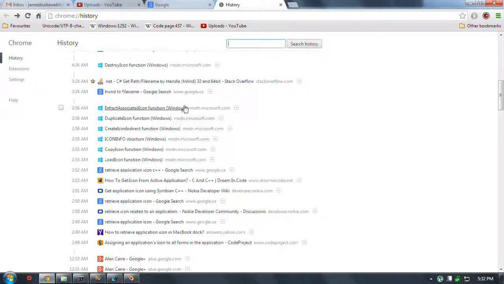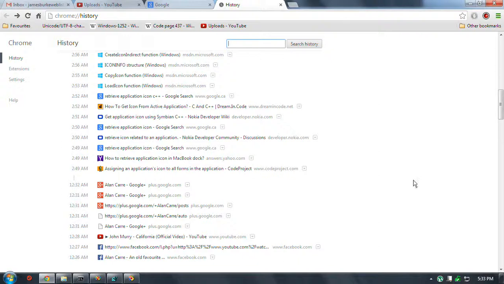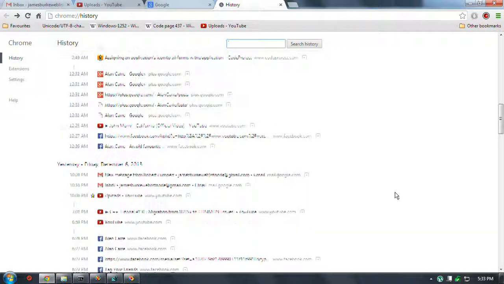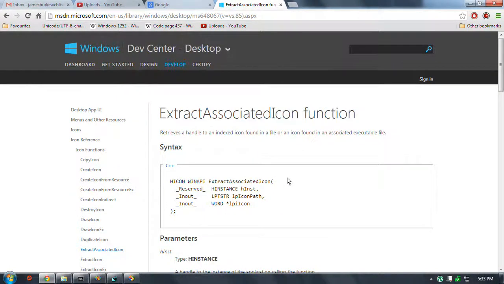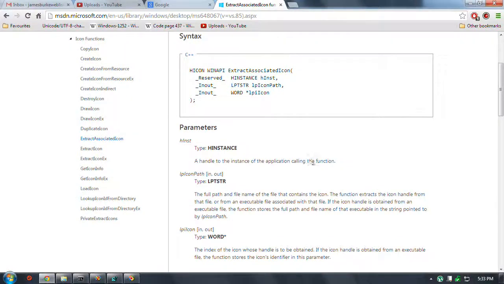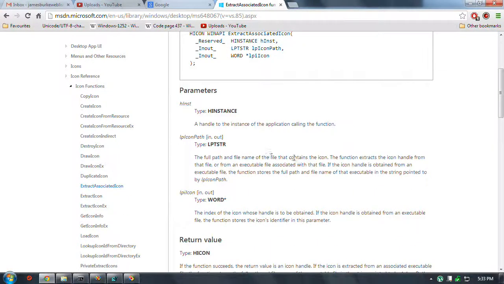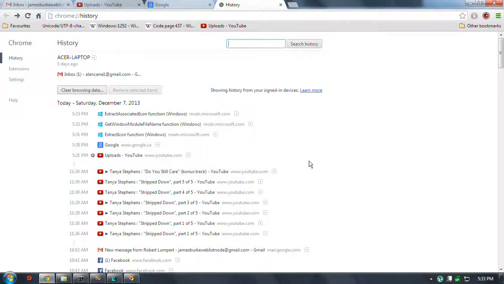Let's see now. Is there anything else I found? CopyIcon. It looks like I struggled and struggled. ExtractAssociatedIcon. You always need the full path of the name. You can't get the path. That's the function. And then